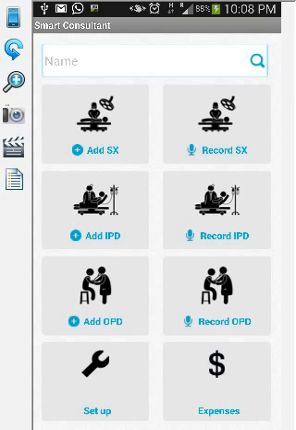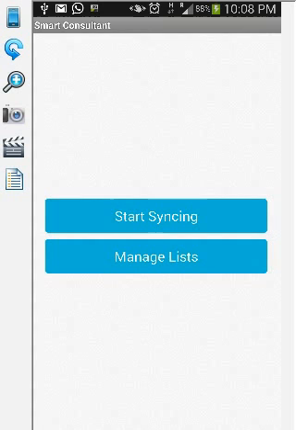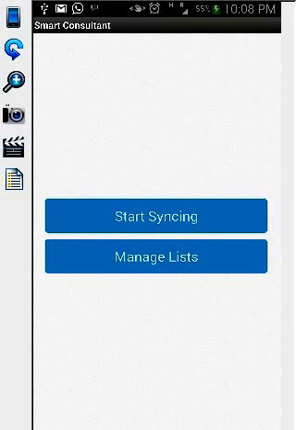When I click on setup, I see two buttons: start syncing and manage list. The app has its own algorithm on when it sends all the text, audio and picture data to the server. But in case you are reconciling the data right now and cannot wait for that algorithm to kick in, then you want to force it to send all the data. You click